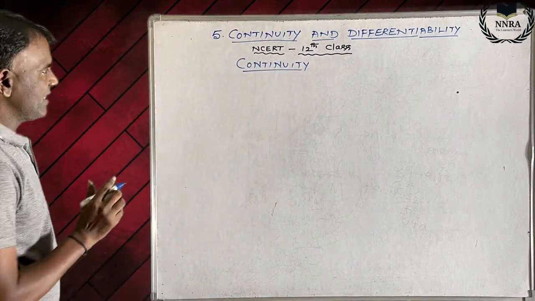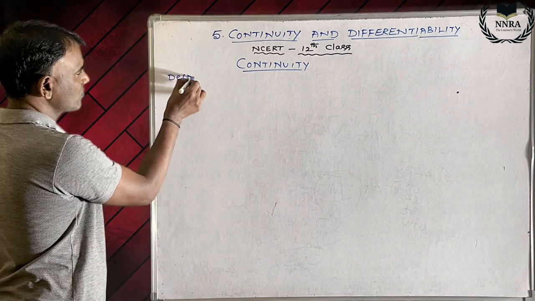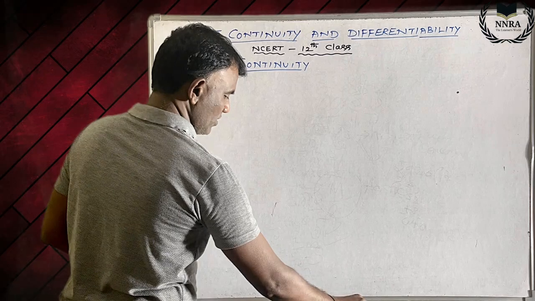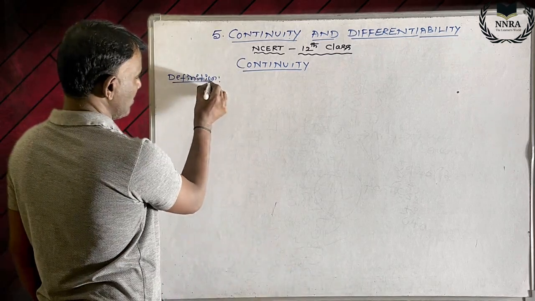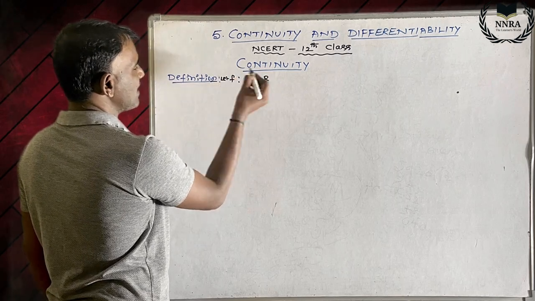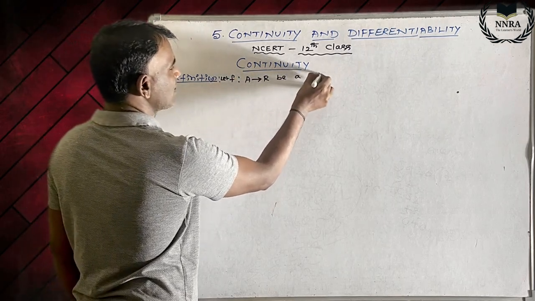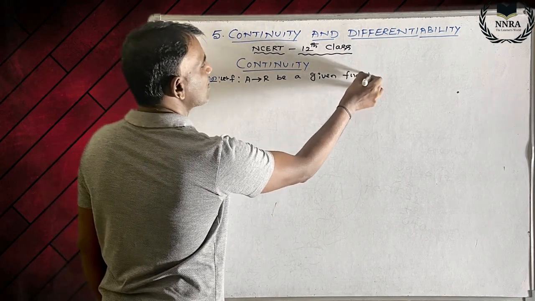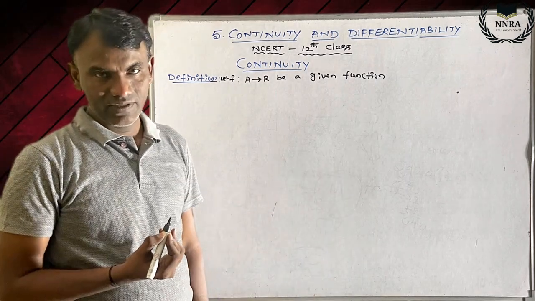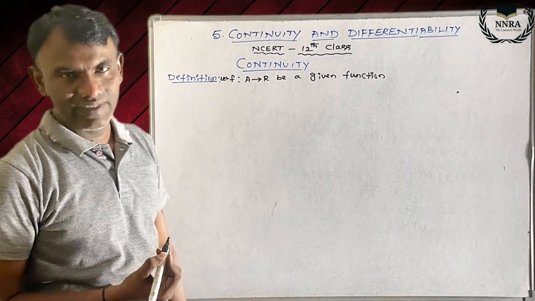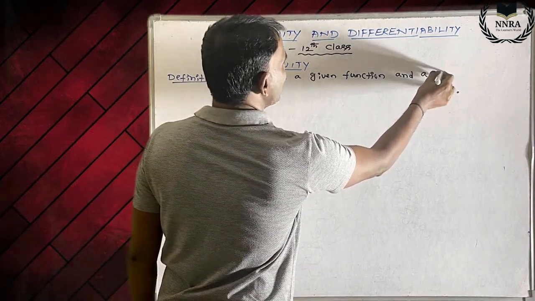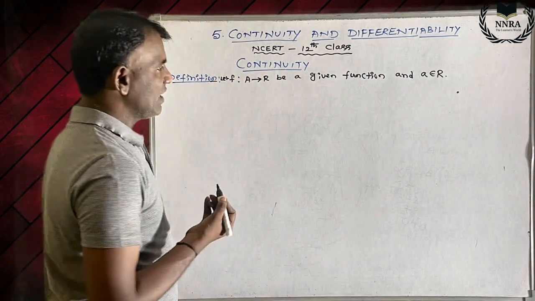So coming to the definition, here this is one of the given functions. f maps A to R. If you want, just write: let f maps A to R be a given function. Sometimes we can write it as a real valued function. Okay, be a function or be a real valued function. Clear? And small a belongs to A. And now this is the condition